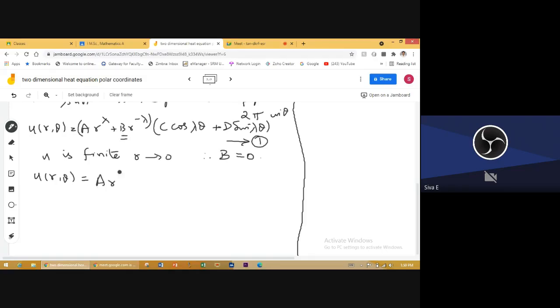A r power lambda, c cos lambda theta plus d sin lambda theta. So after applying one more boundary condition, when we are applying the first boundary condition, b equal to 0. Second boundary condition,